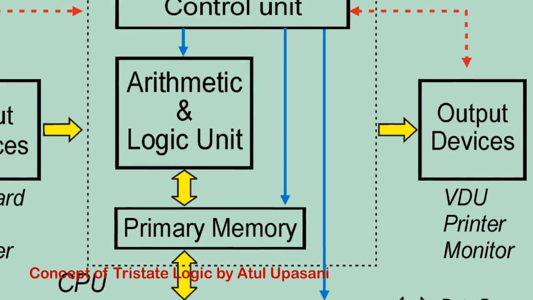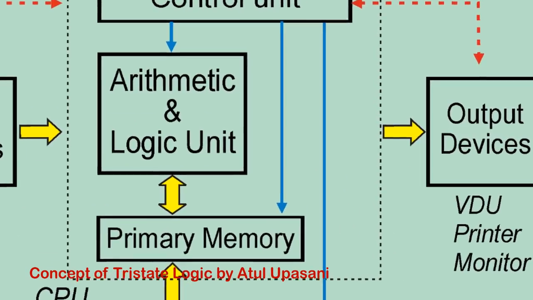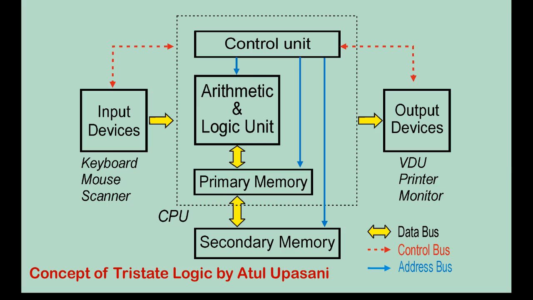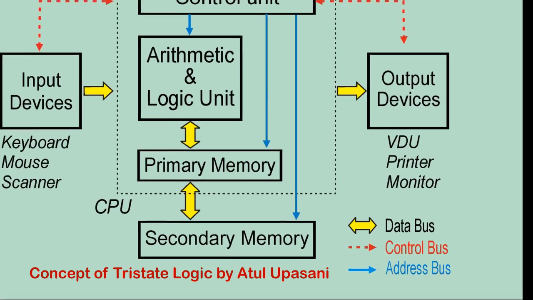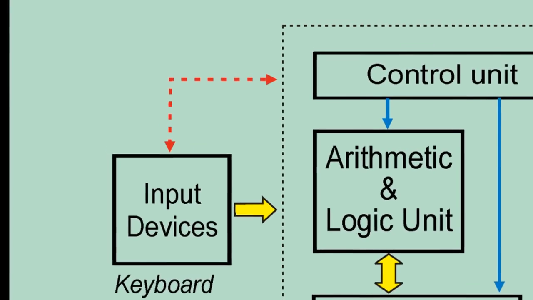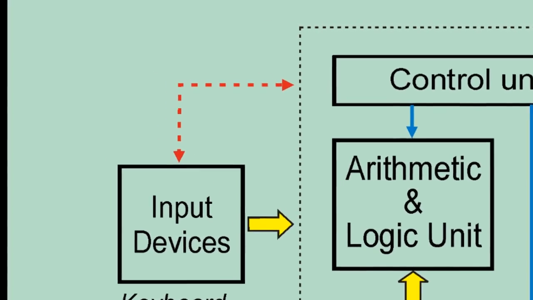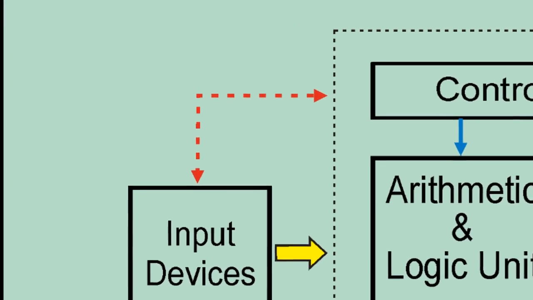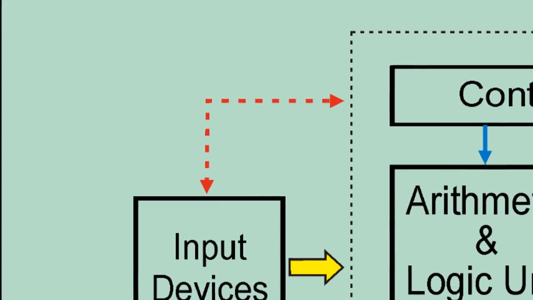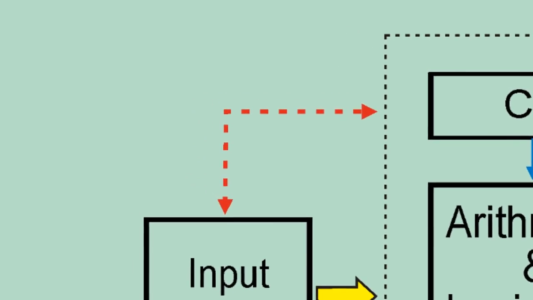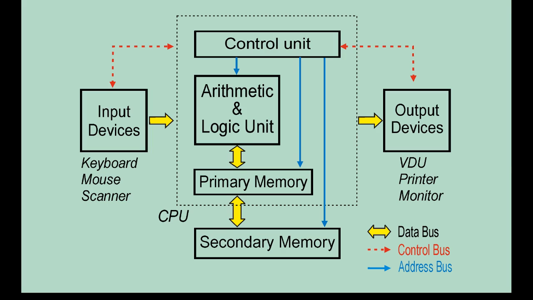One is called the address bus, which carries the addresses where the data is to be carried. The second bus is called the control bus, and this control bus actually carries the control signals. That means what function has to be done on the data. So those signals carry control signals. That is why that bunch of lines or wires or tracks is called the control bus. The third bus is called the data bus.